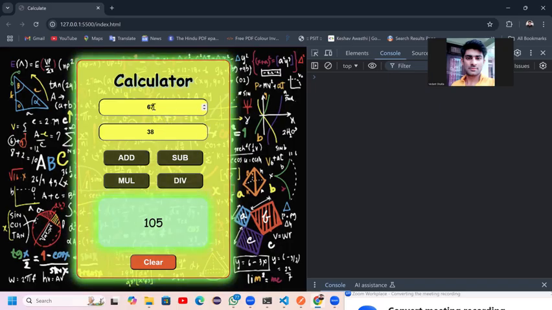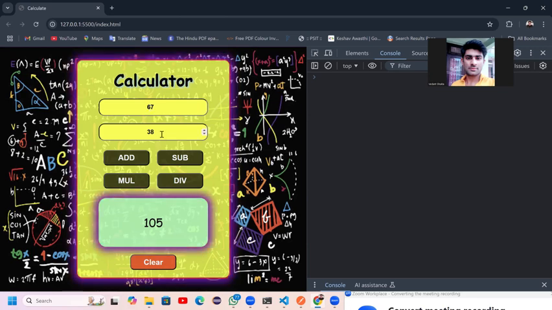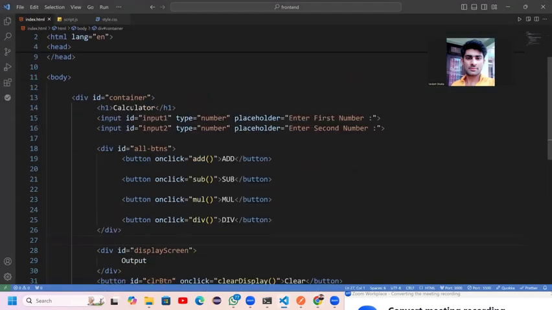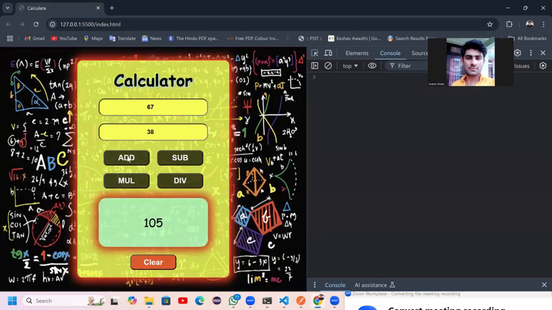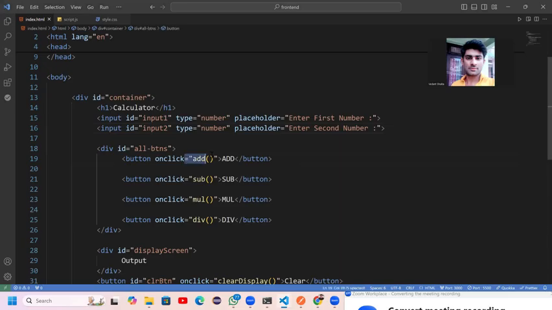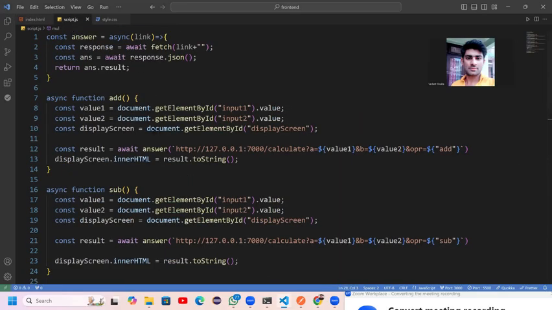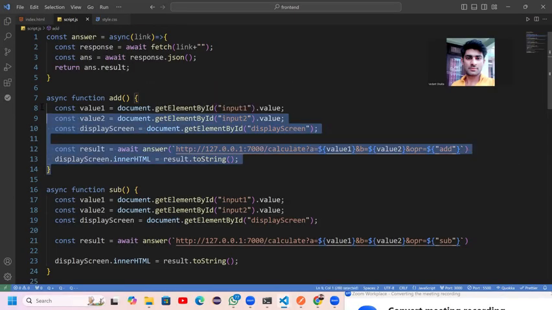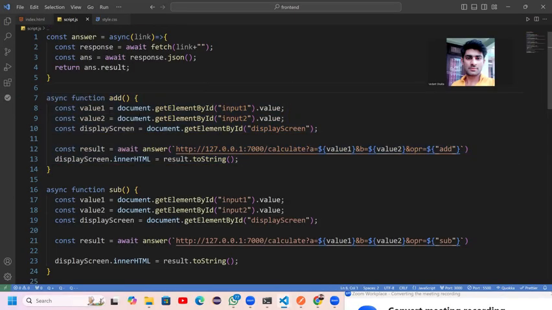अब ये कैसे मिला? दो वैल्यूज मैंने डाली 67 और 38, यानी कि इन दो इनपुट्स पे डाली जो कि HTML वाले थे। अब इसके बाद जैसे ऐड पे क्लिक किया तो मेरा ऐड फंक्शन कॉल हुआ। ऐड फंक्शन देखते कहाँ डिफाइन है, ये स्क्रिप्ट टैग में डिफाइन है।